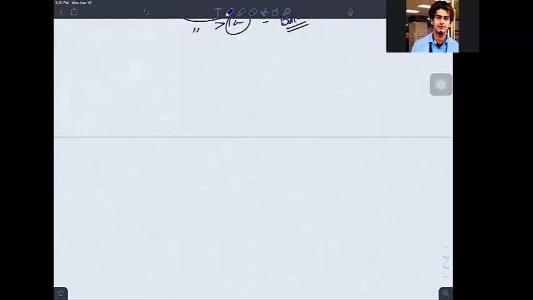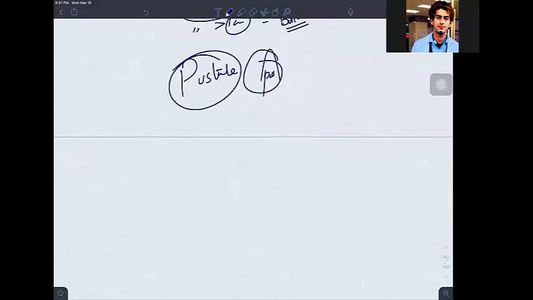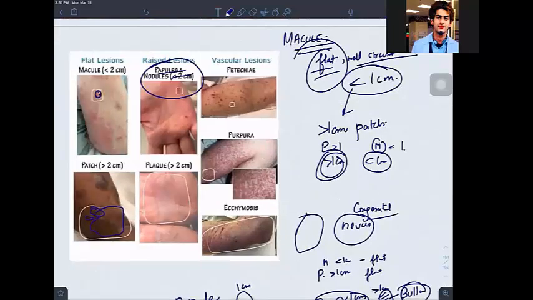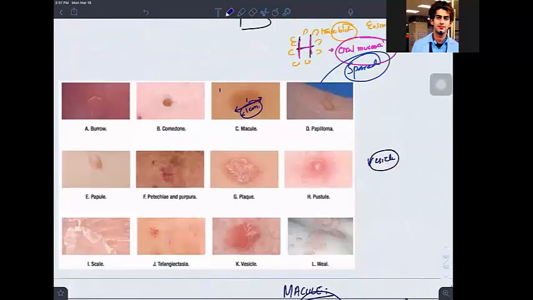Now if you want to remember pustule, pus means pustule means raised. So if you have a vesicle containing pus, we call it pustule. Okay, can you see the pustule? This is the pustule. Okay, now have you seen, once you have any allergy or something, you have whealing,